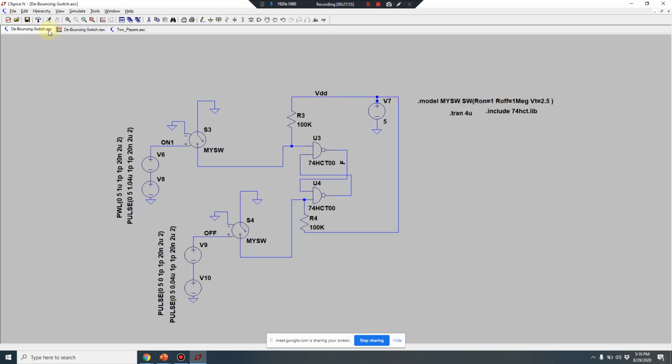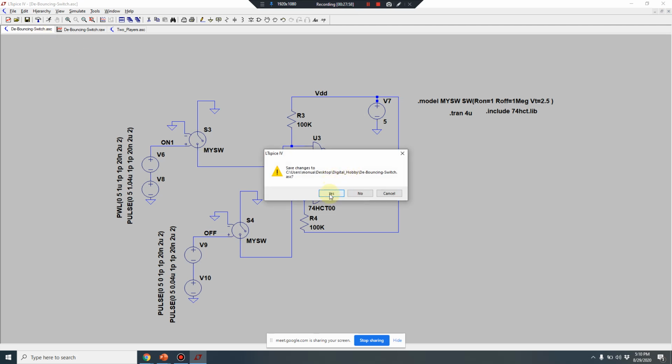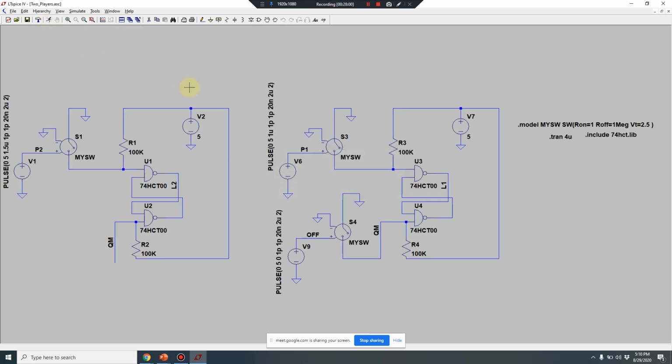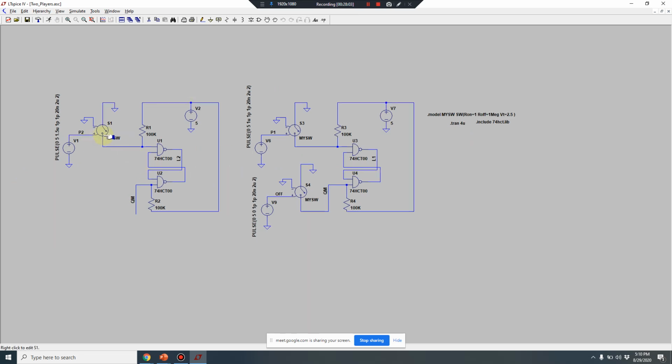Now what I have done is I have modified this debouncing switch. I have given one source out here and one source out here, and I have removed those multiple spikes. So now I am assuming this is one circuit. Now I am going to make a circuit like a quiz. In the quiz you have a quiz master who can reset all the bulbs, and then he presents a quiz, and while he is presenting it, whosoever presses the switch first, his light should glow.